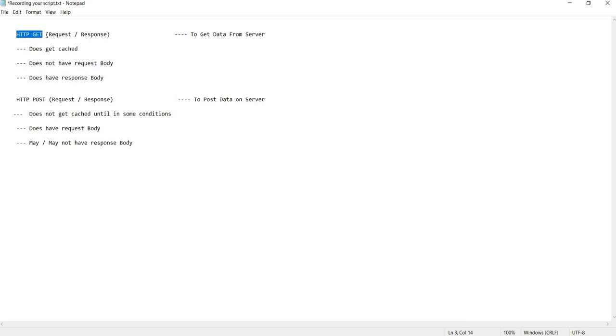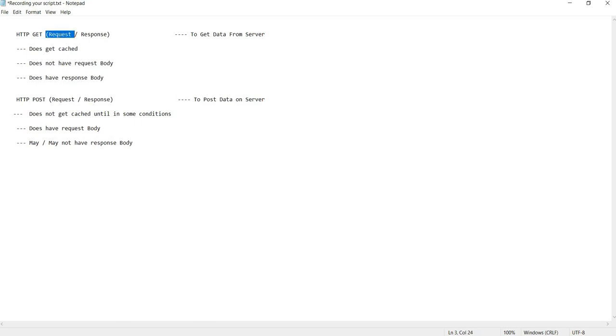So when you say HTTP GET, it has a request and a response. HTTP POST also has a request and a response. So whenever the client makes a request to the server, it gets a response for a GET method. Whenever a client performs a request to the server, it gets a response for the POST method. What is the difference? The difference is about the communication process, the mechanism, the syntax which they follow.